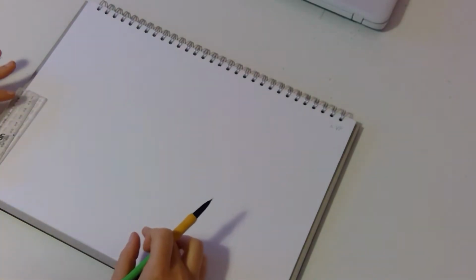The next thing that we're going to do is draw a square in the bottom left corner. So you need to leave a little bit of a space at the bottom, and you're going to start measuring your cube around here. For the cube, use your ruler. I'm going to leave roughly a ruler's width from the edge of the page, and I am going to do my cube